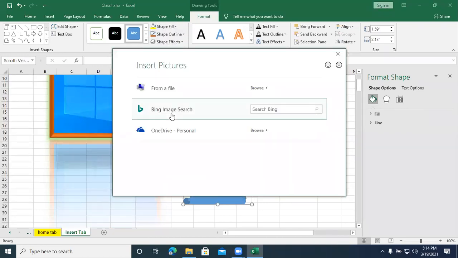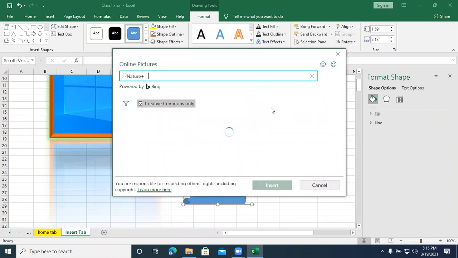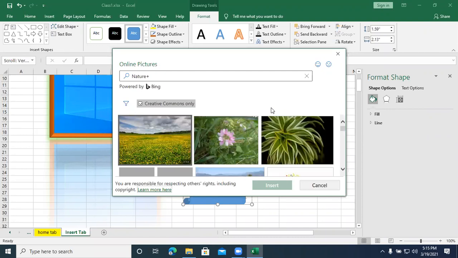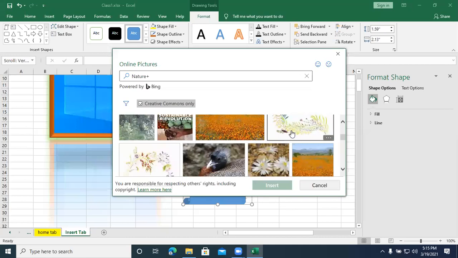Take some nature background. Any one simple nature background we will take.